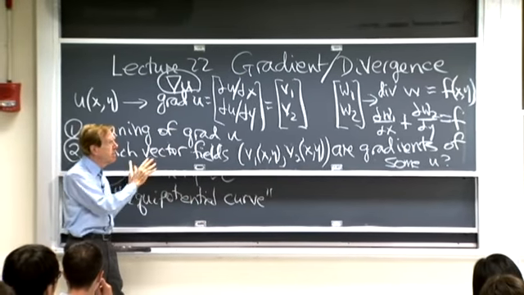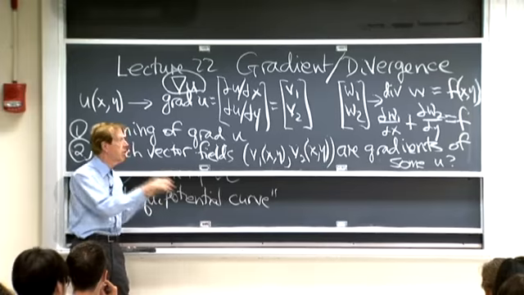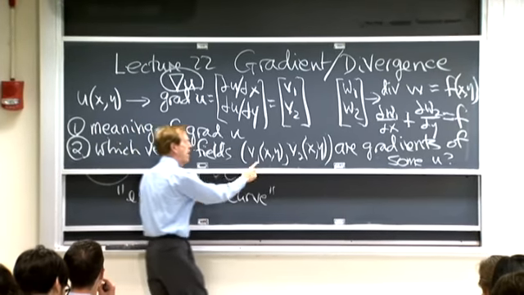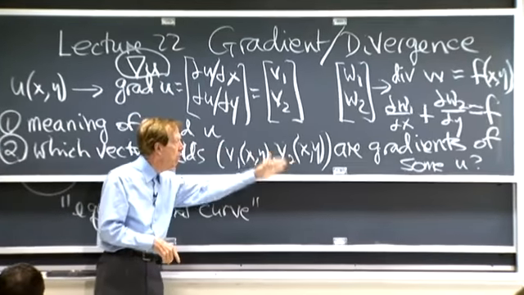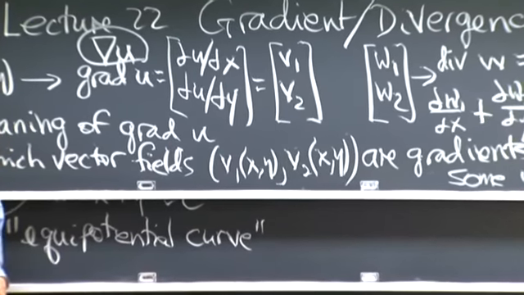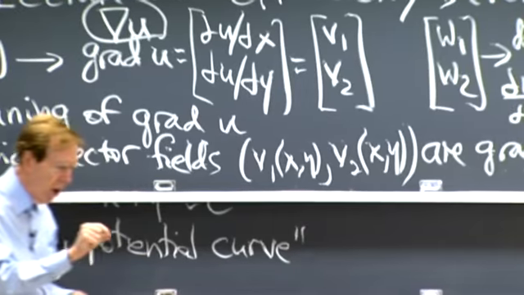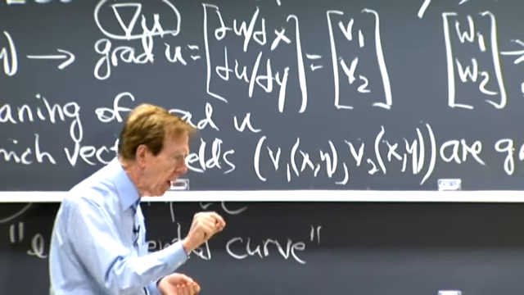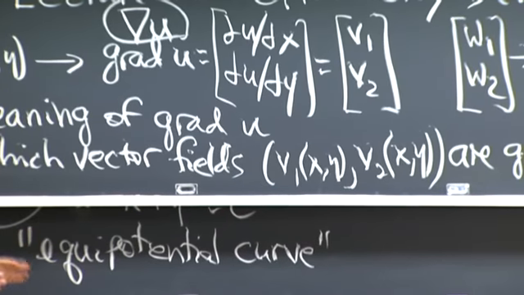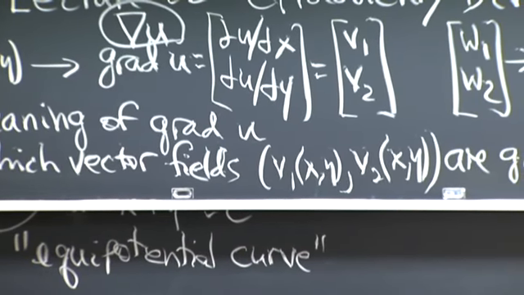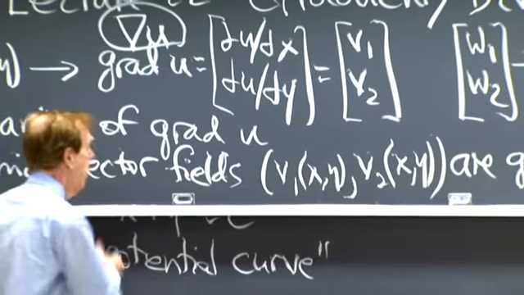So this is the background of vector calculus. So we have things like vector fields. That means I have a vector v1, v2 at each point xy. So I could draw a little arrow at every point to show the direction and magnitude of that vector. So I have a field of vectors. Okay, so